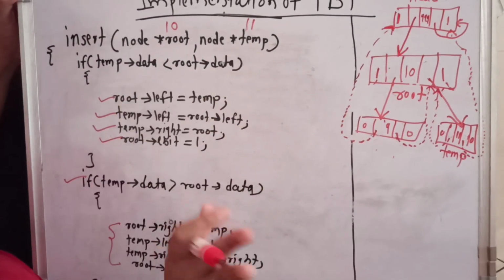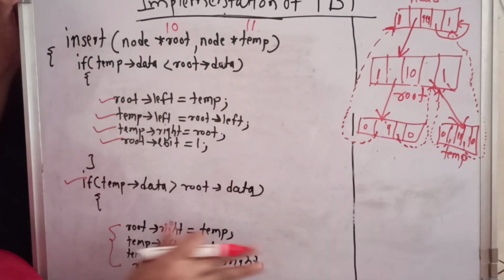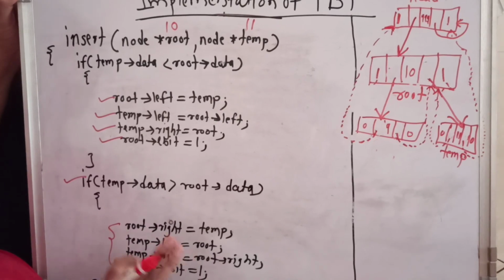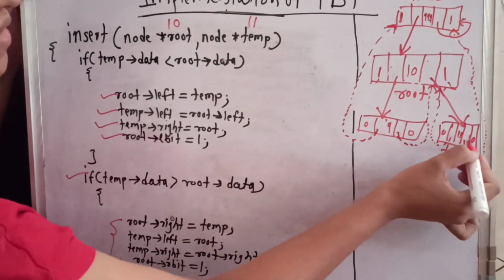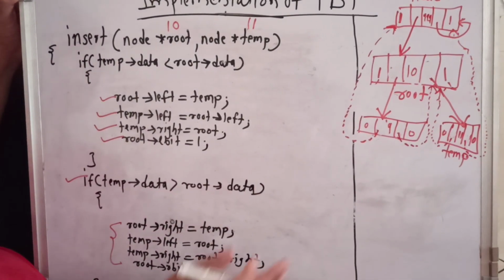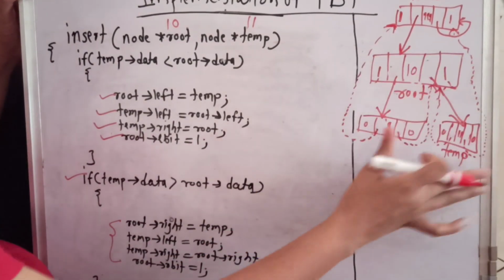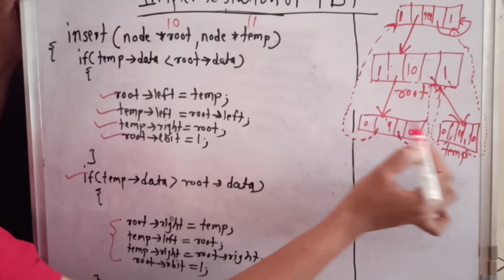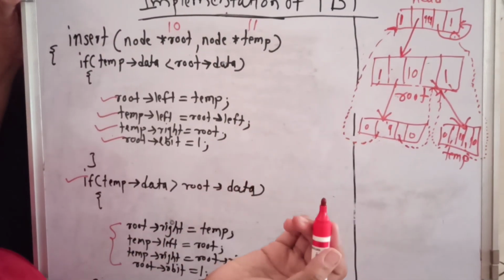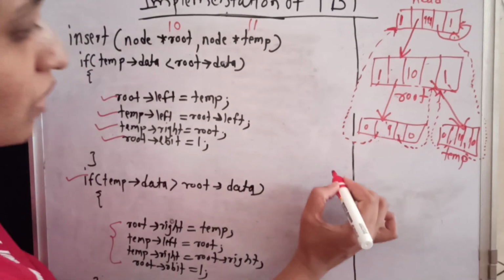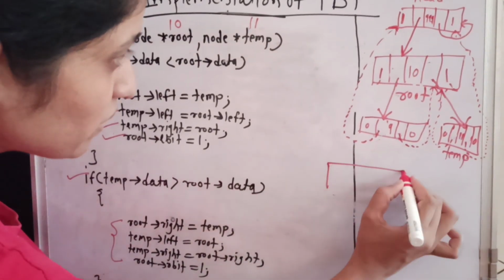So this is up to what here? The insert code is not complete. This is only for when I want to insert a single node in the left side and a single node in the right side. That means for the maximum creation of the root node, left child and right child, this code is sufficient. But if I want to insert one more node into the tree, suppose like this, I want to insert the 8 now.